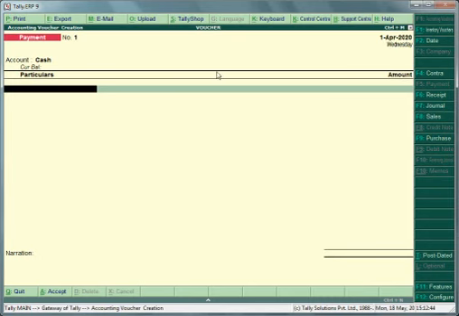After this we have a box which is called particulars. Here we have to put the purpose of payment or to whom we are going to pay. Suppose we pay for electrical charges or electric bill for our company or house or something else or farm, etc. So we have to create an account for this. Now we press a shortcut key for creating a secondary ledger, Alt plus C.